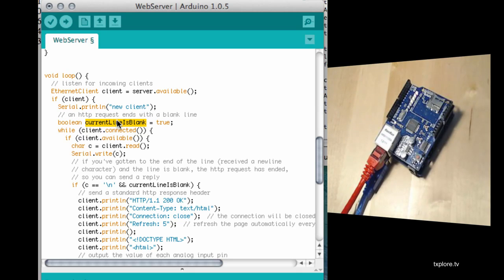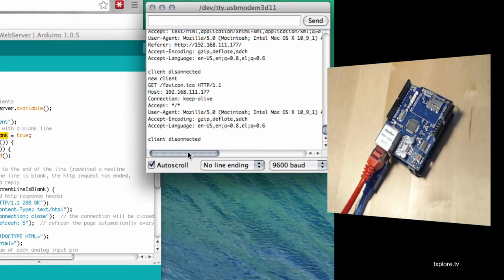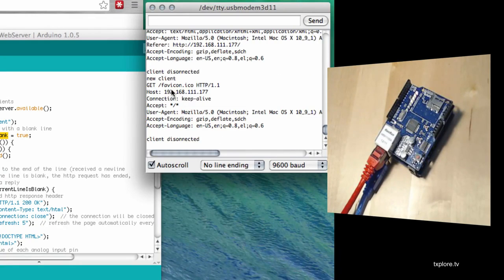Now what happens is that whenever a web browser sends a request, it could be a POST request or a GET request or whatever other kind of request, the web server sends out information in a particular format in accordance with the HTTP rules. Now, if we look at the monitor, I'll let it run the next cycle. All right, we see that here we've got